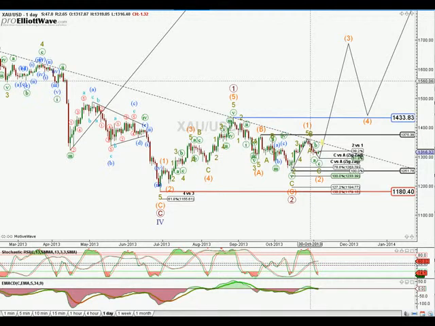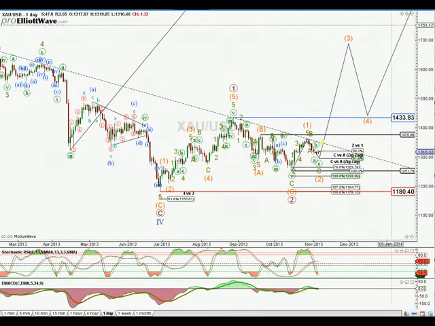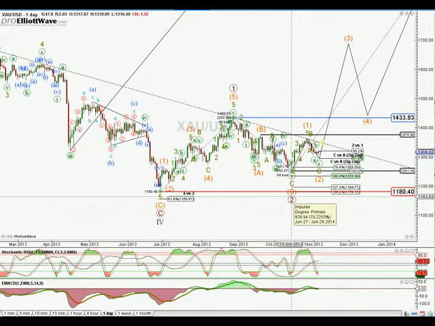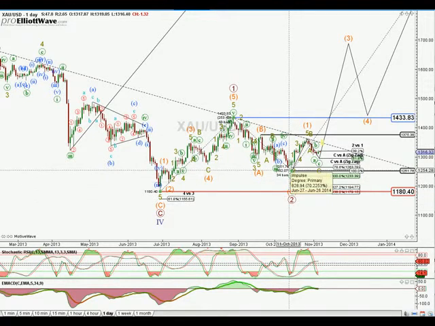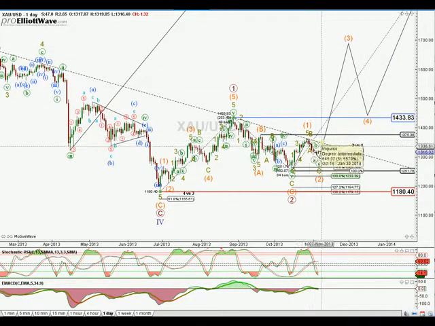So, coming right back into the gold analysis, if we have formed a 4 here and going up to get a 5, I believe that we have formed a 1 here, coming down to form a 2. And here we have started the beginning of the 1, 2 going up,